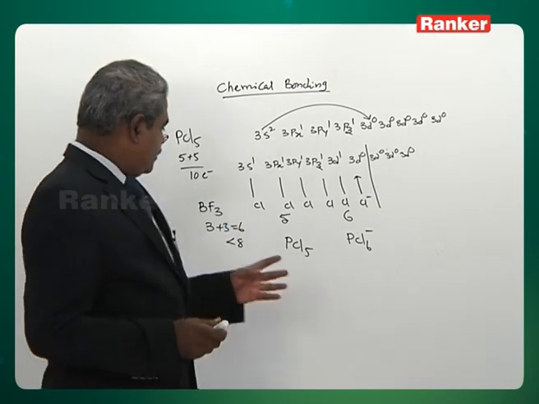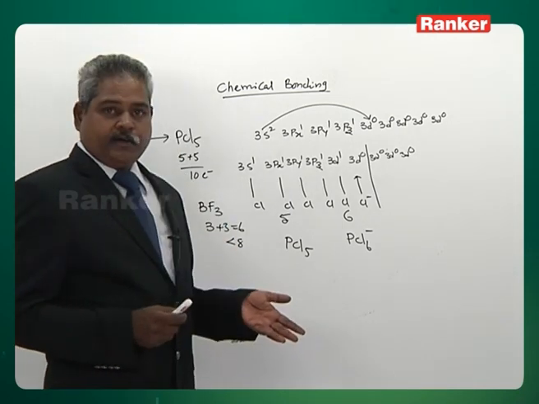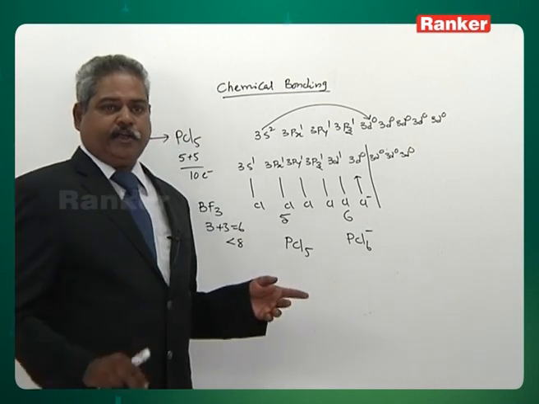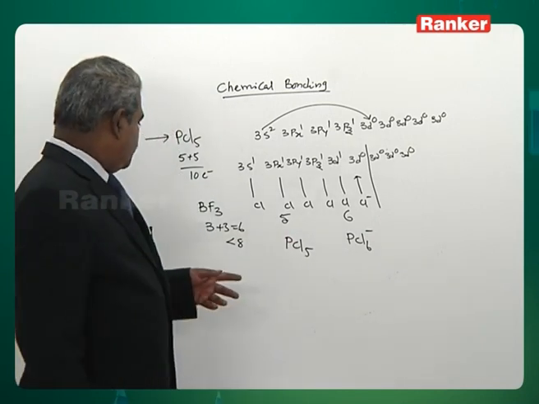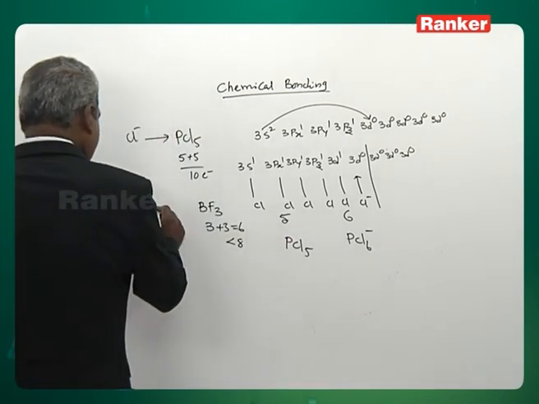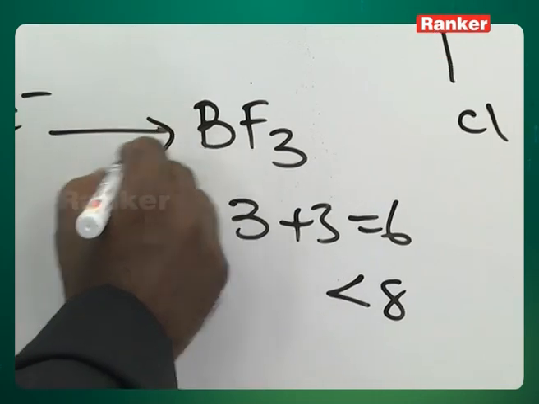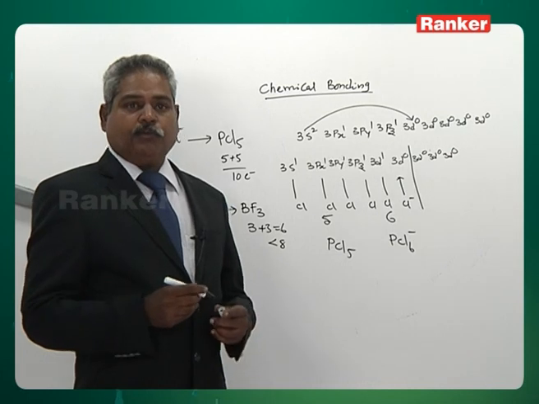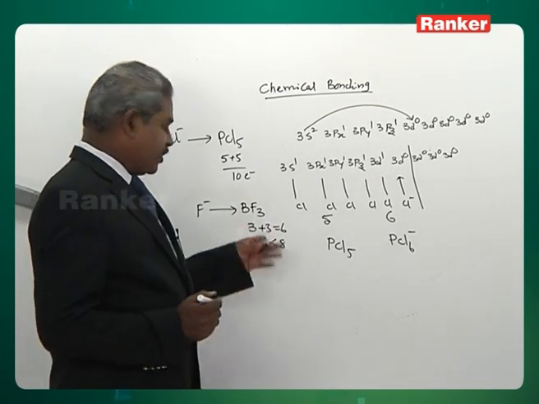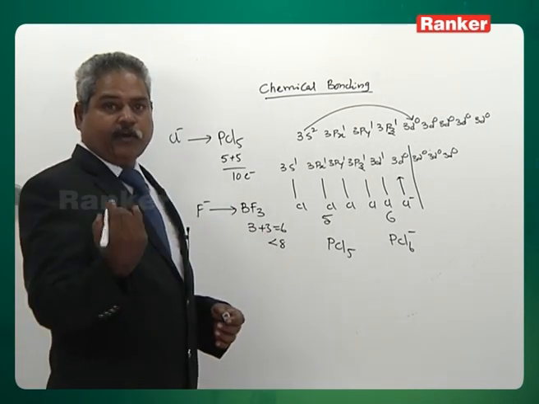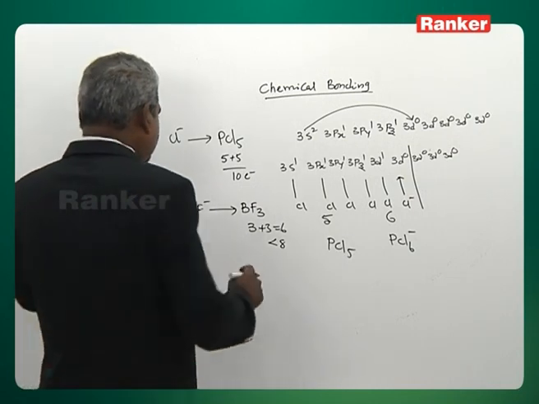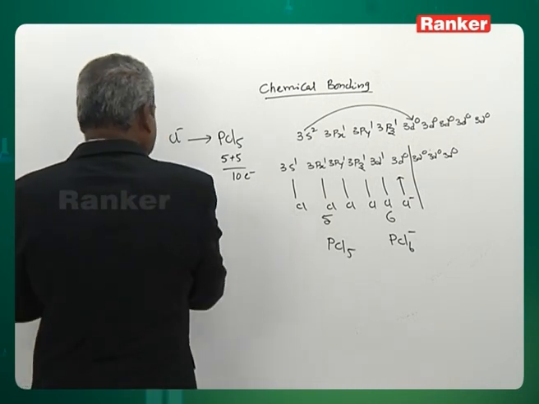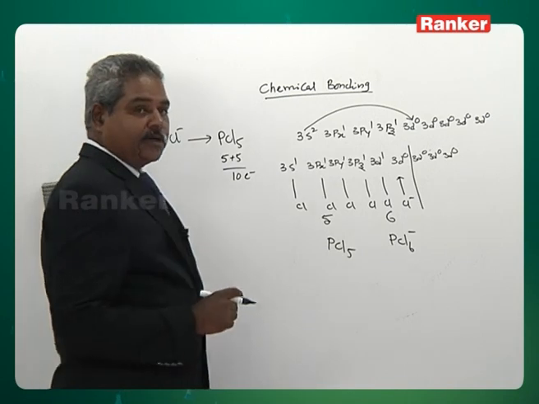Boron hasn't got the octet, but it had no alternative, therefore it formed BF3. So if boron trifluoride accepts a pair of electrons, it is understandable. You will say boron has a shortage of electrons, therefore it is taking from others. But when you look at PCl5, it is an electron surplus, it has 10 electrons, but why is it